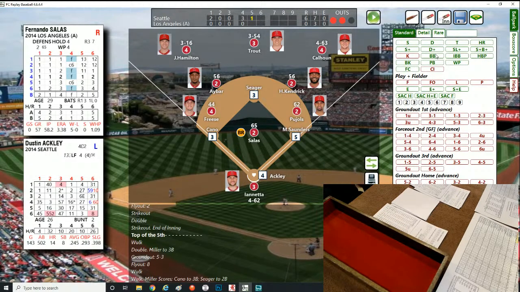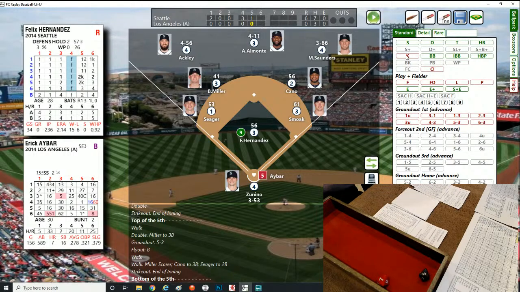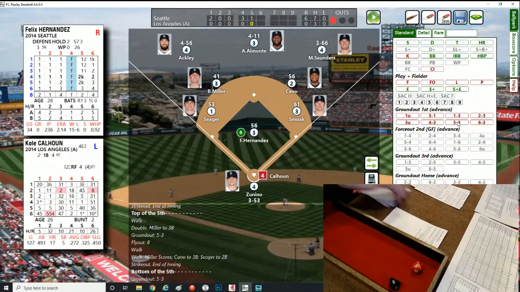Dustin Ackley, 57, and he will strike out to end the inning. So they pick up one more run. It is 6-0. That brings up Eric Aybar. King Felix still going strong. 25, that is just a ground ball down to third. Making the play is Seager over to Smoak. And not much going right for Los Angeles in game number 1, that is for sure. Kole Calhoun,